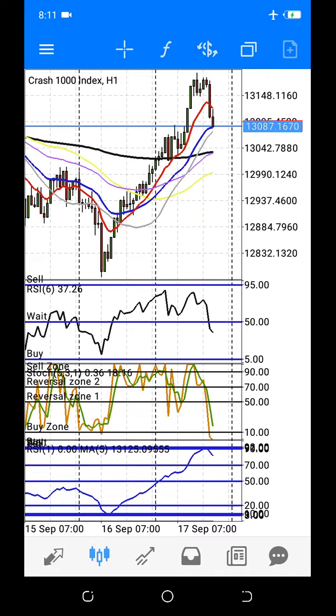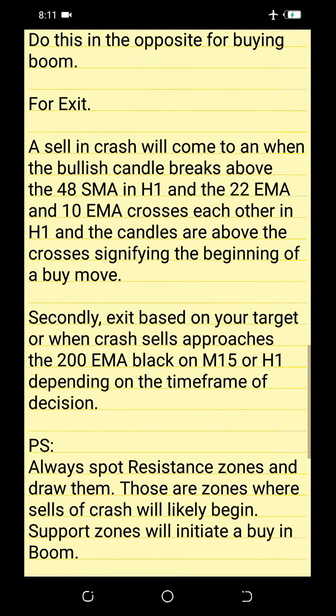But I don't know why somebody will have to hold their trade this long before it happens. Anyway, I will show you what to do so that you can also take advantage of these buys and all that. Anyway, that will be in the next video. Now, secondly,